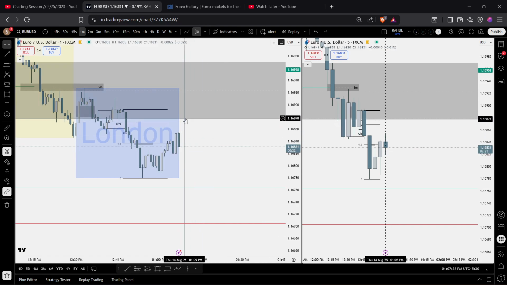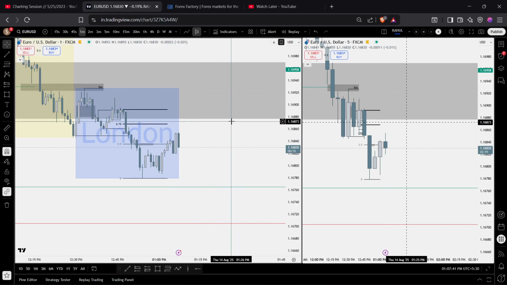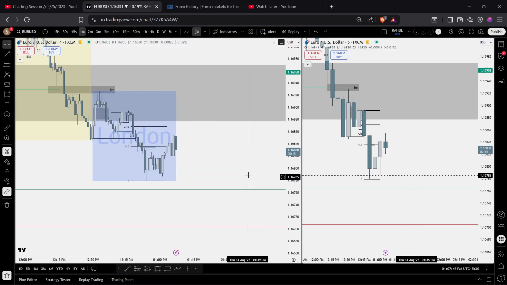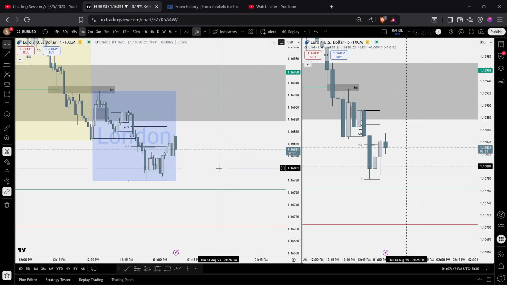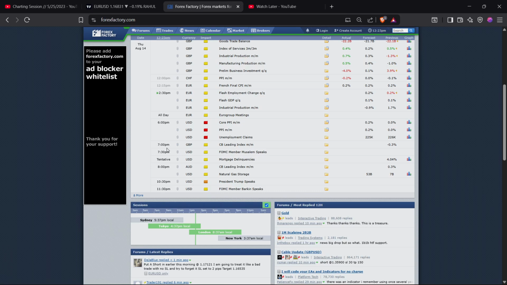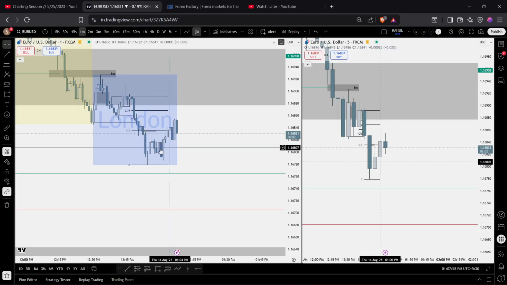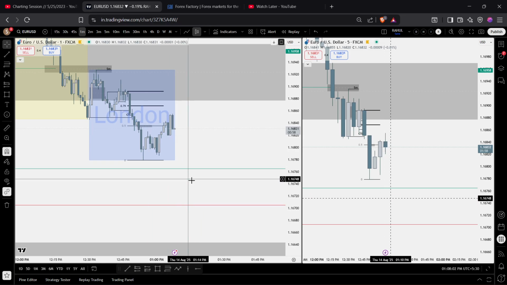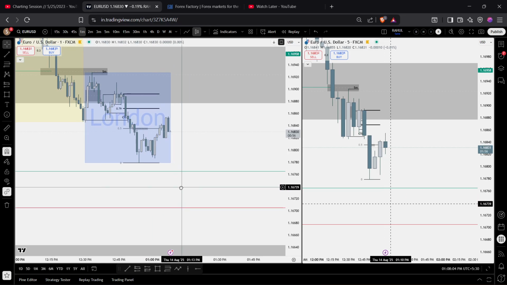I don't see the market going and retesting this FVG once more. Okay. So yes, let's just pause it here. We can see some sort of manipulation taking me out because of unemployment claims. So let's see what happens. It needs to break through this point, then we are fine with it.